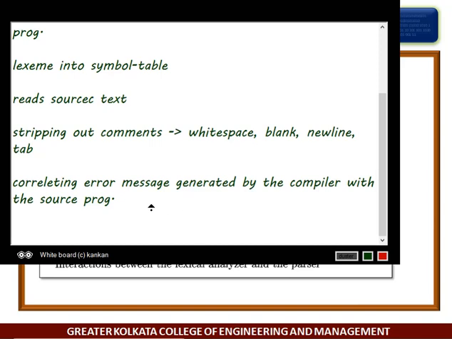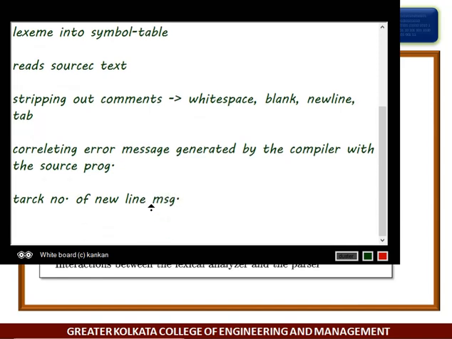So how will it be tracked? Track the number of new lines.